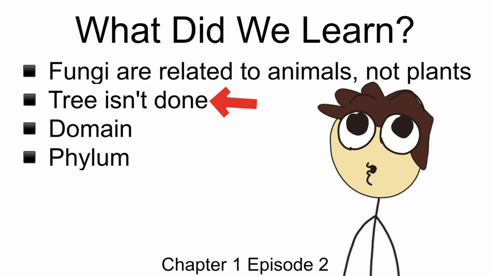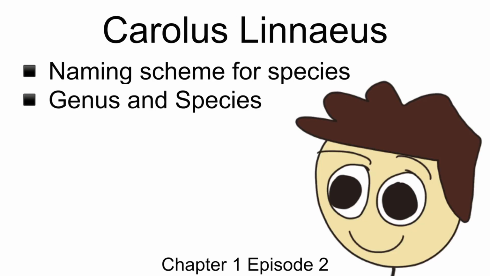Scientists are currently also trying to classify and name these different groups, but for now, just know that the 3 main branches of the tree are bacteria, archaea, and eukarya. These 3 are referred to as domains, and any branches that come from these domains are considered major branches known as phylum. We do, however, have a naming scheme for species in place, invented by the scientist named Carolus Linnaeus,